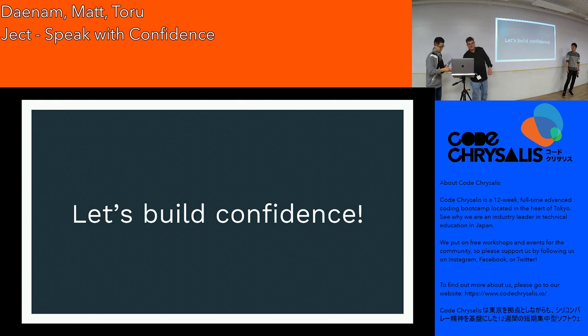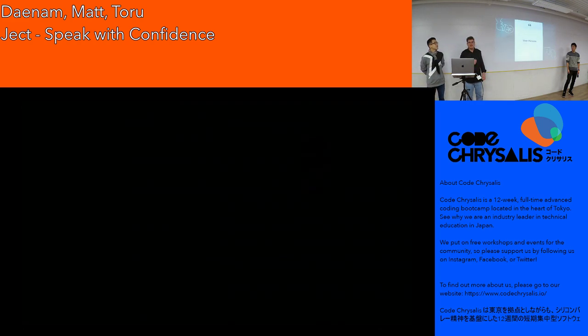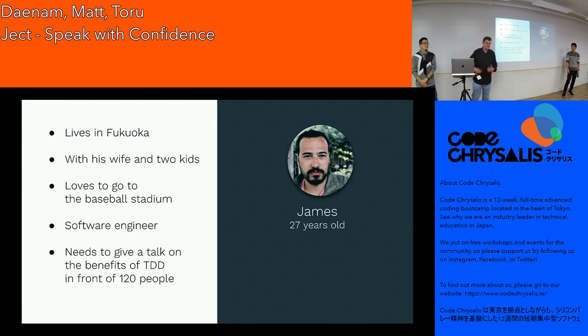Okay, so we had a particular person in mind when we did this, and we've got a persona for this person, and his name is James. James is in his mid to late 20s, and he's a software engineer, and he doesn't like doing public speaking. Occasionally the boss makes him do presentations at work or run little workshops,